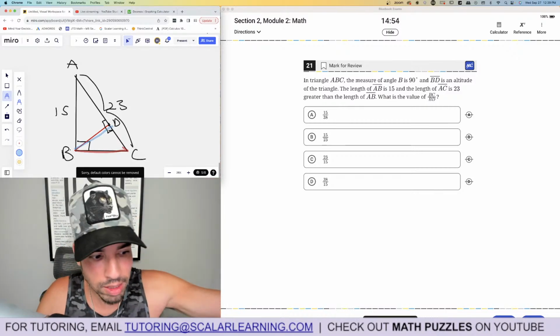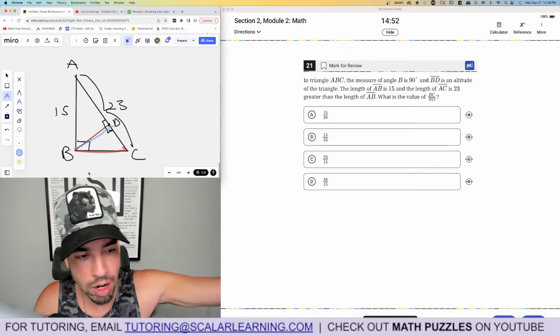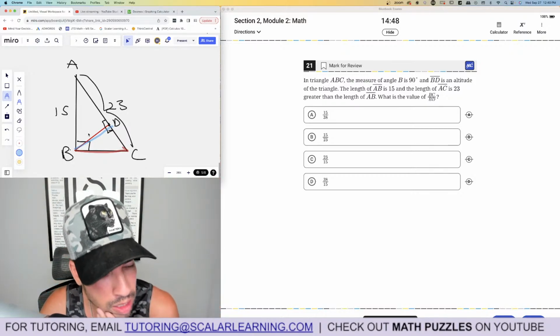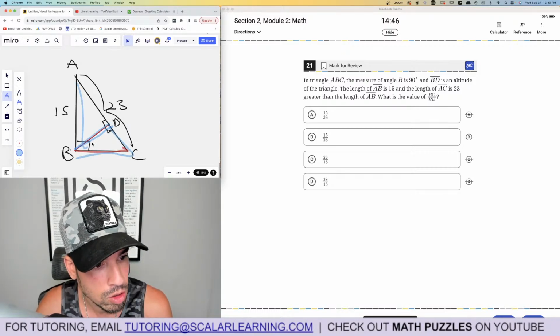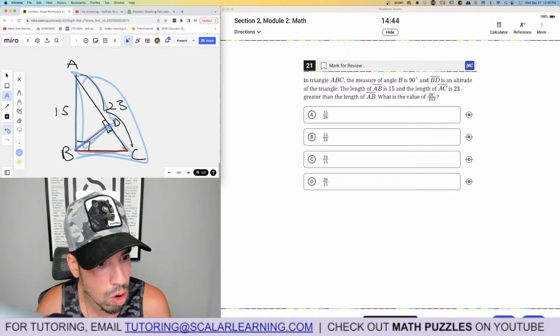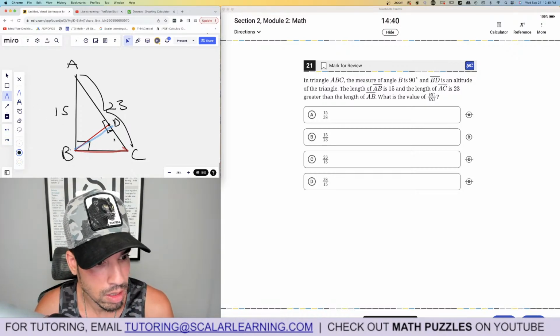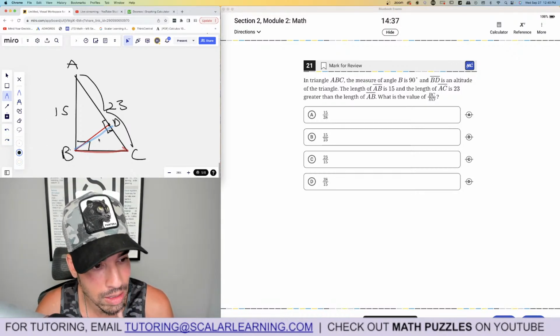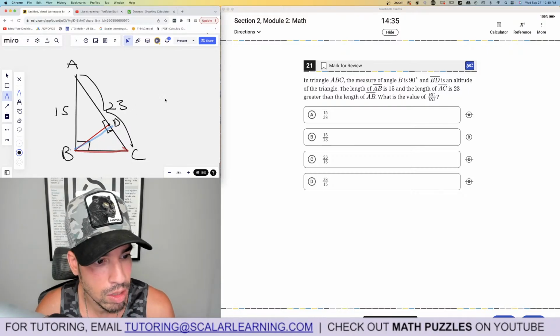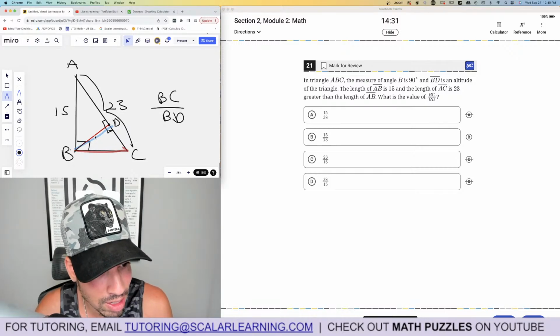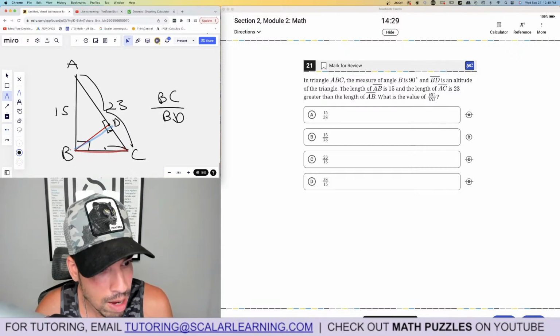Okay, so this means proportional right triangles. The bottom line is what you need to recognize when you drop an altitude like this, you create 3 similar triangles. 1, 2, and the big dog, 3. They're all similar. What that means in trig is, what did they say? They want BC over BD. So it's the red over the blue, which in this little triangle is the hypotenuse